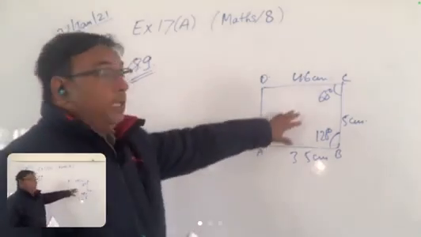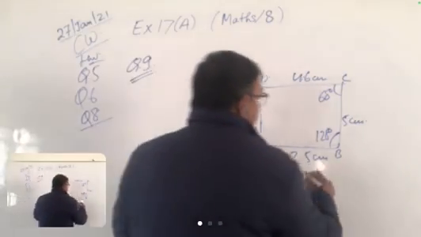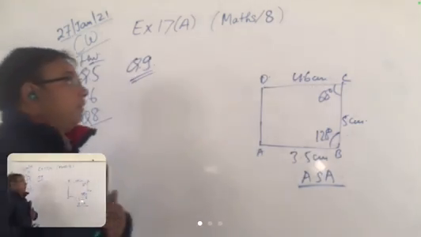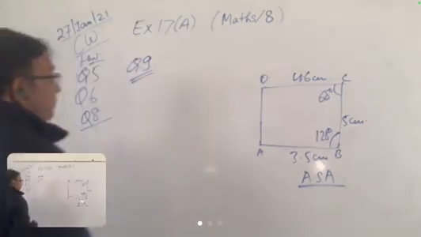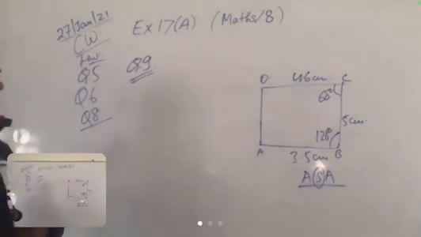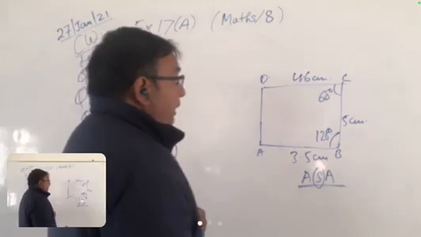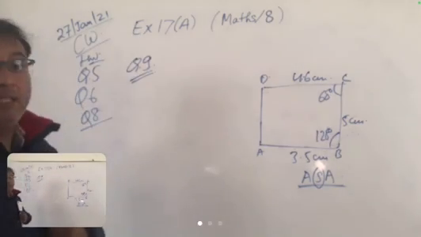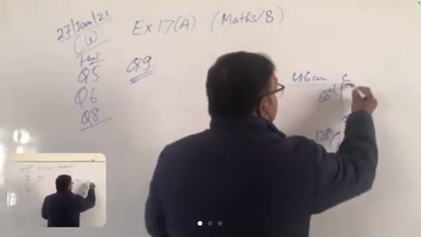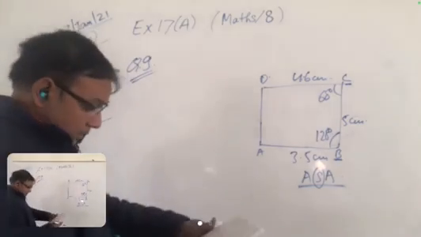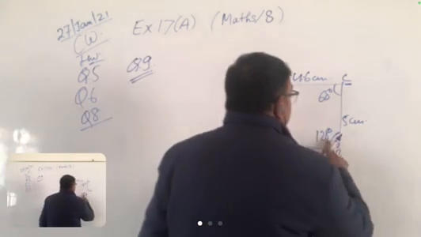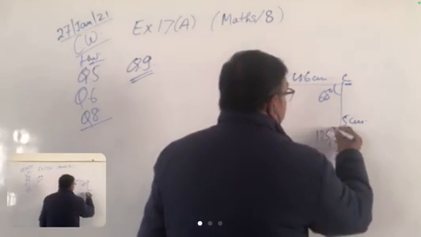Now you see, this construction is called an angle side angle construction, ASA. Okay? In this, first we have to draw the side. So Shraddha, tell me, which angles are given in this? Say angle B 125 degree and angle C 60 degree. Yes, sir. Good. So 125 degree and this is okay.